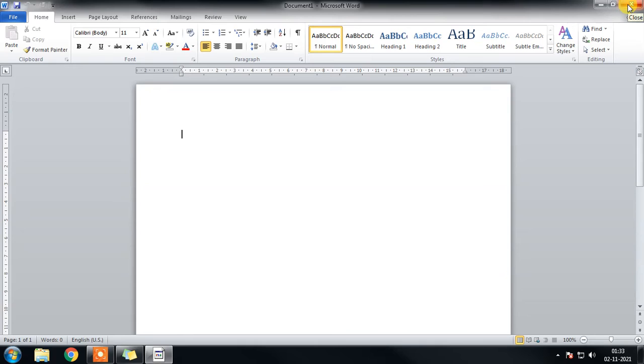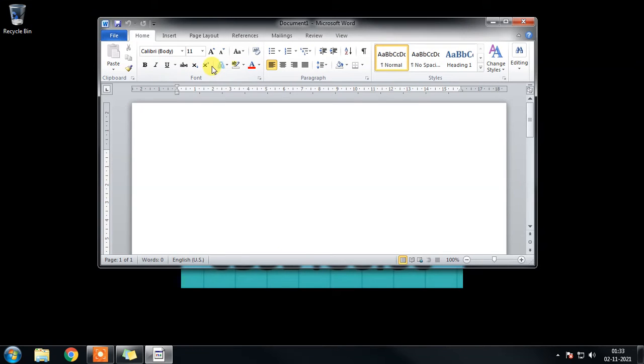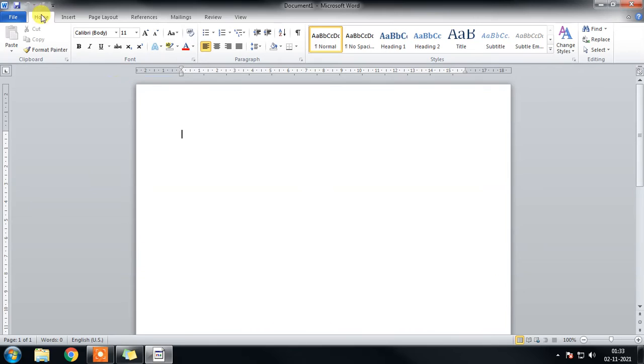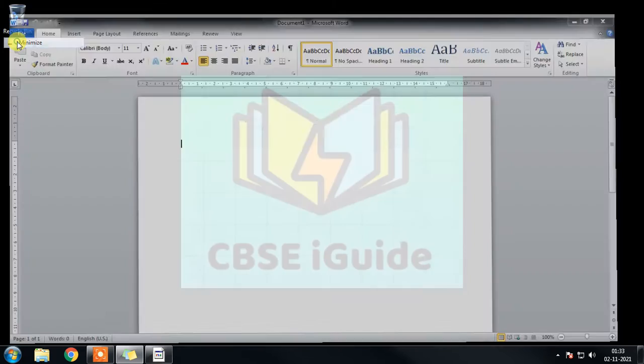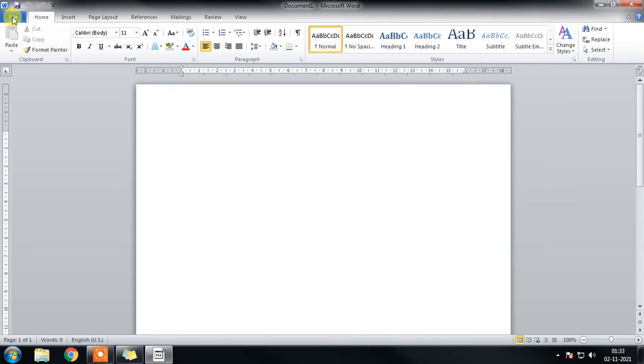And we can do these things by using the word icon also, by using the context menu. When you right click that or left click, we see restore. By clicking here, the window will be restored. By using this, the window will be maximized, this one minimizes, and the same way this one will close the document.